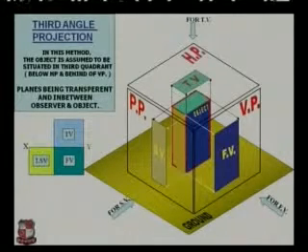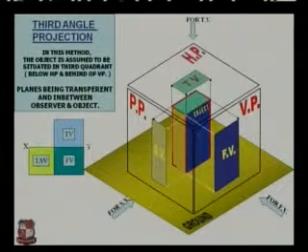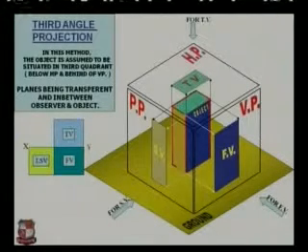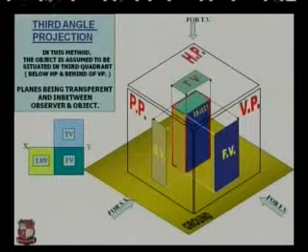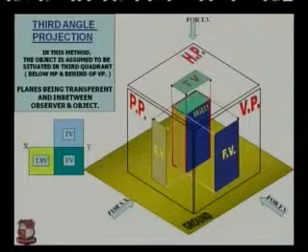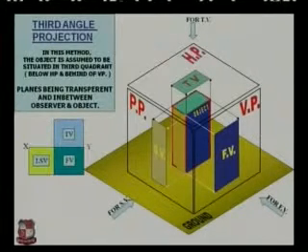So in the third angle projection method, the object is kept in the third quadrant, that is, the base of the object is always kept at the ground level, and all three planes, that is the horizontal plane, vertical plane and profile plane, should be kept transparent, so that only in the third quadrant the observer can see and project the different views, that is front view, top view and side view, on the respective reference planes.